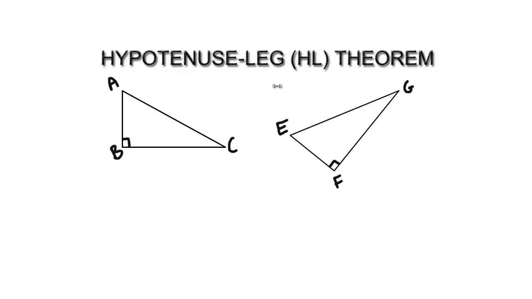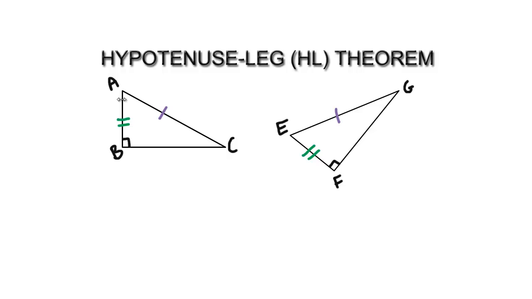Now the hypotenuse leg theorem states that if the hypotenuse of one right triangle, so AC here, is congruent to the other hypotenuse of this triangle, which is EG, and we also have one pair of congruent sides, so let's say that side AB is congruent to side EF,